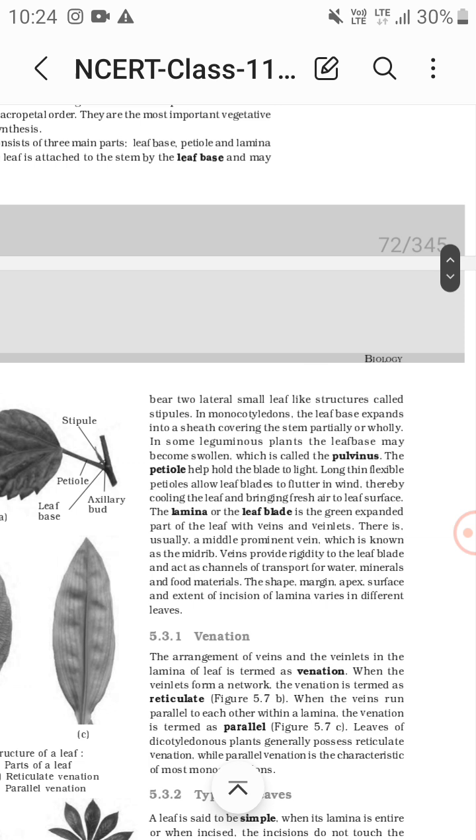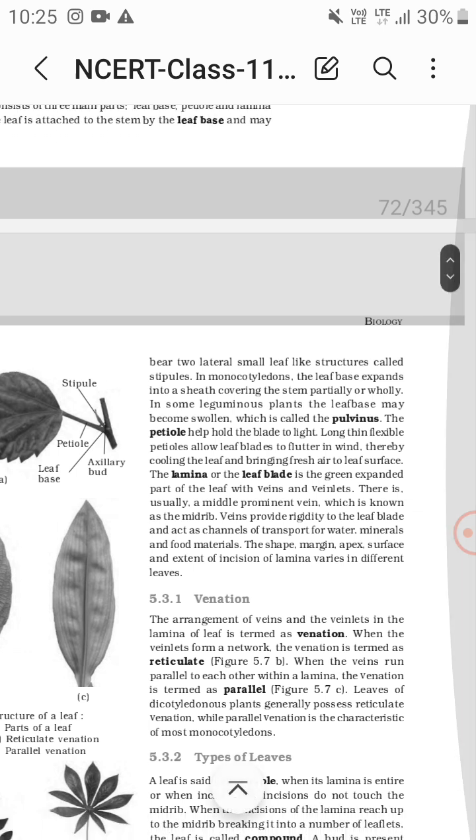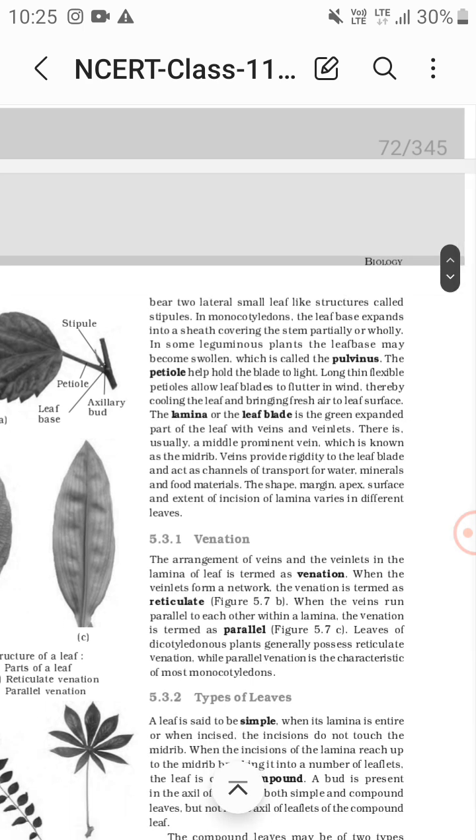Now pulvinus, what is that? In some leguminous plants the leaf base may become swollen, so the swollen leaf base is the pulvinus in some leguminous plants. Now lamina or leaf blade is the green expanded part of the leaf with veins and veinlets. Okay,